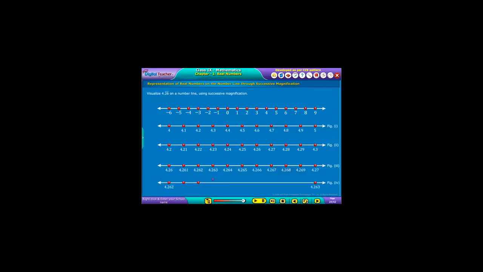We can proceed endlessly in this manner and simultaneously imagine the decrease in the length of the interval in which 4.26 bar is located. Operations on real